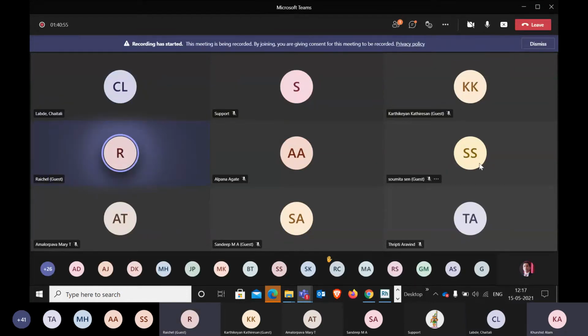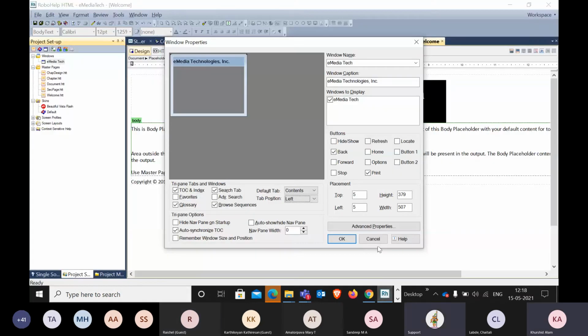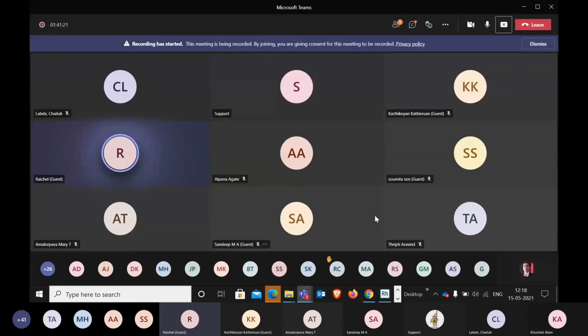Does RoboHelp have a feature to enable collaboration between two writers on the same article? Yes, it has. RoboHelp is very much similar to MadCap Flare. It has a separate version with cloud, meaning not the desktop version. So it is real-time collaboration. We can see what the other person is doing. RoboHelp has a different server edition where multiple people can collaborate.